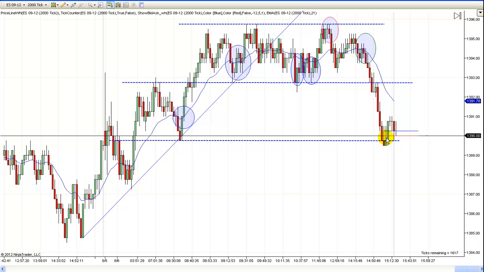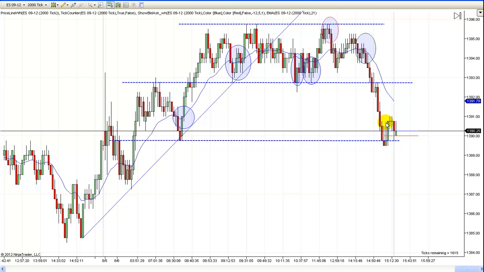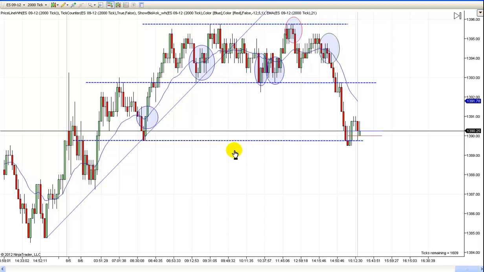So this would have been a good place to buy blindly if it was early, or to look for an entry. We didn't really get a good setup, but it was so close to the close. Different things happened there, but